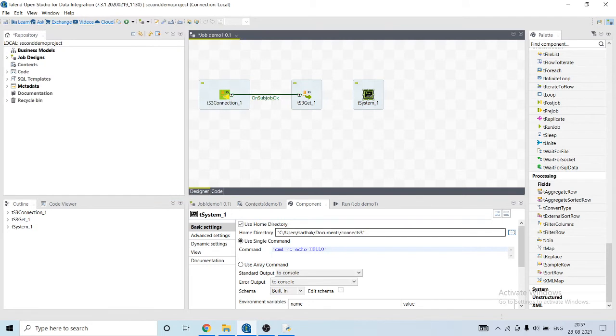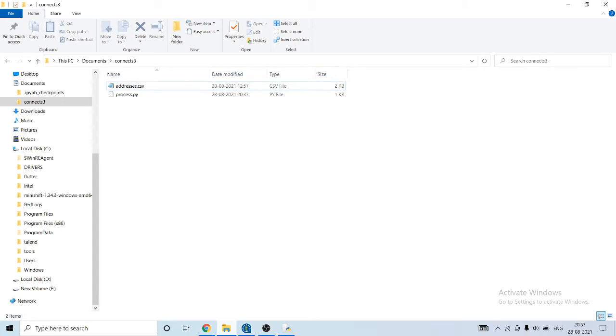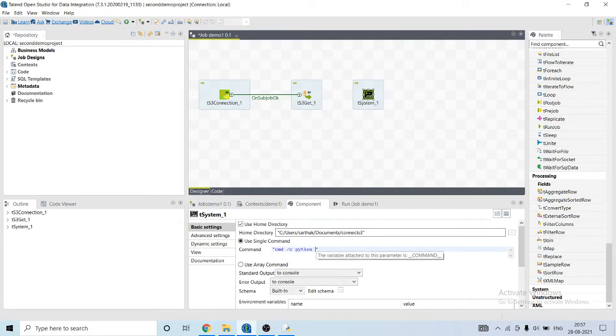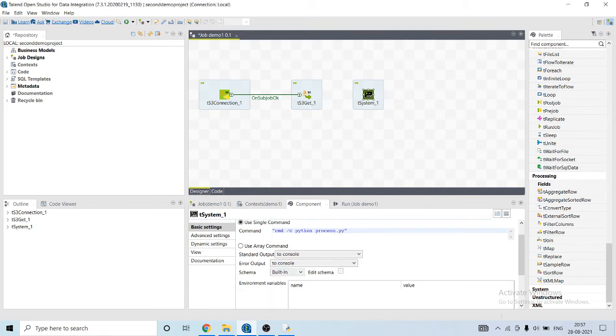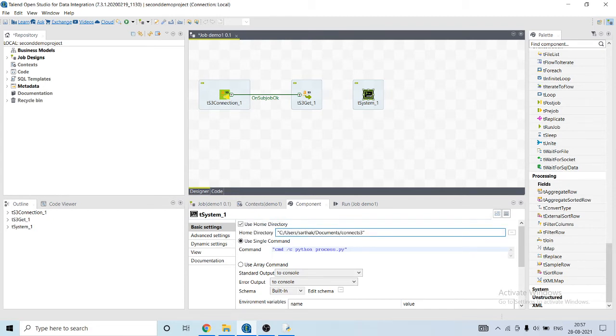So I will specify it there and then write our command. I will just write python, the name of the file is process.py. Print its output to the console. Okay, so far seems good. So let's connect this.